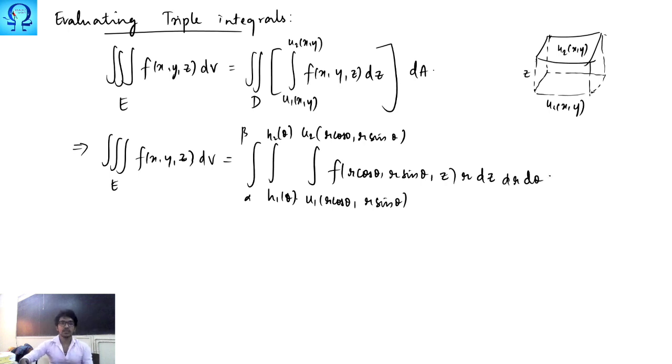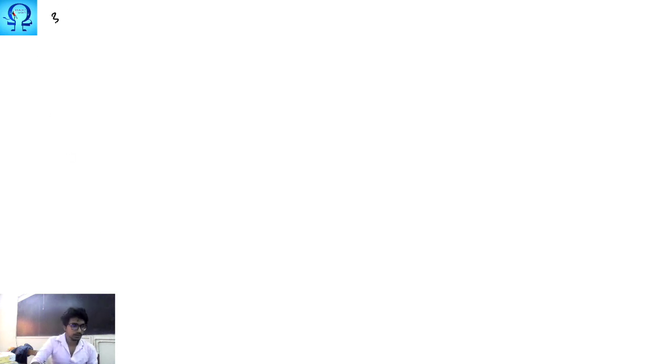Here you may very well see that first it is going to consist of both r and theta, so z has to be integrated first, right? And then this is a function of theta, so this is two circles, which means based on the angle only they are going to differ. Whether it is here or it is here is decided only by the angle. So then we'll integrate with respect to r, and finally with respect to theta. When we convert the area into polar coordinates, we are going to have this extra r that we know from the double integral ideas. Let us now get into the problem.